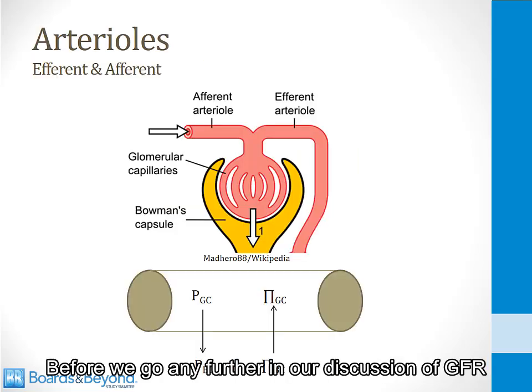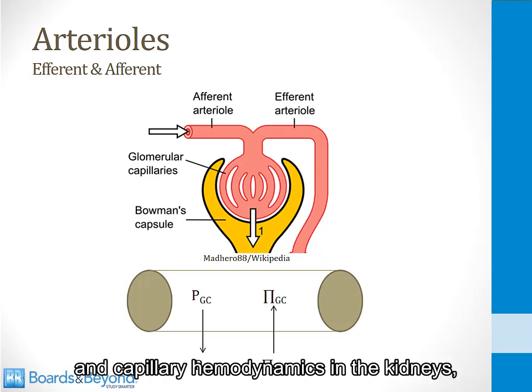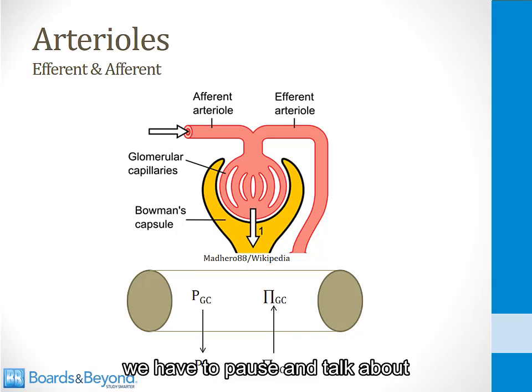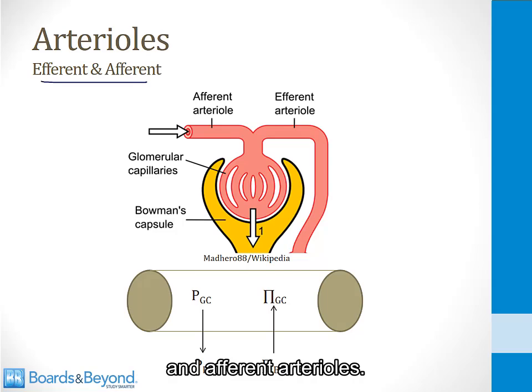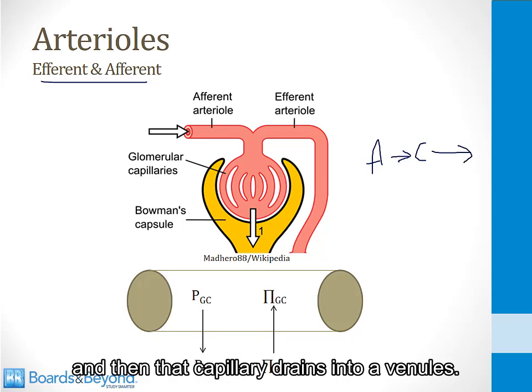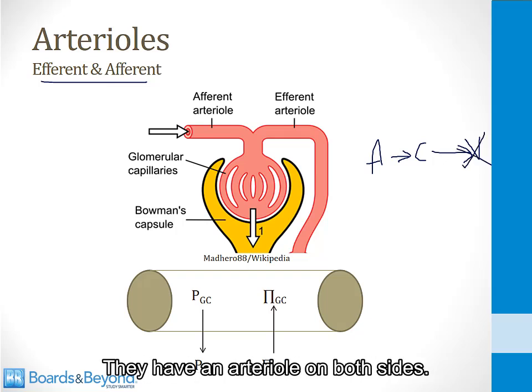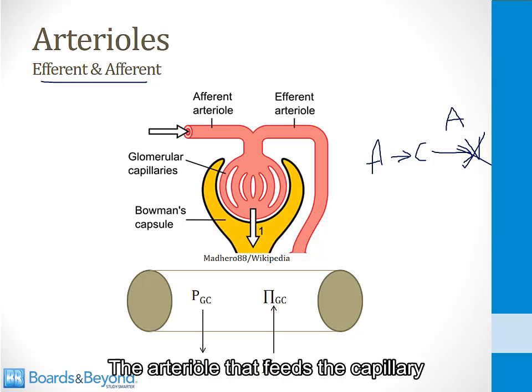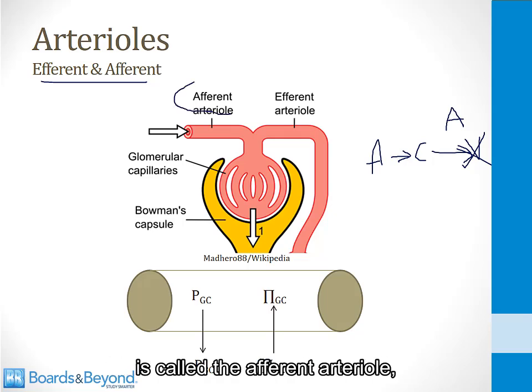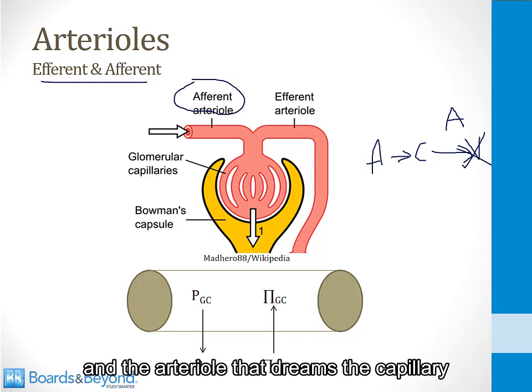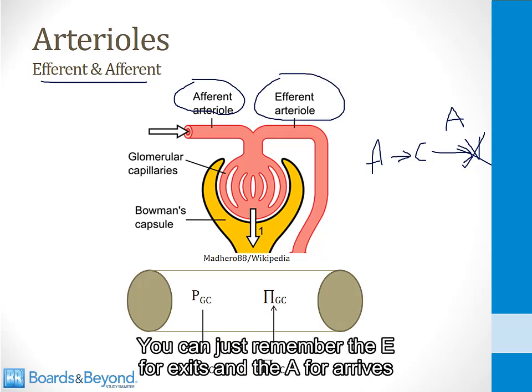Before we go any further in our discussion of GFR and capillary hemodynamics in the kidneys, we have to pause and talk about two very important structures in the kidneys, and those structures are the efferent and afferent arterioles. Normally, you have an arteriole that feeds blood into a capillary, for example, in the periphery, and then that capillary drains into a venule. The glomerular capillaries are different. They do not drain into venules. They have an arteriole on both sides. The arteriole that feeds the capillary is called the afferent arteriole, and the arteriole that drains the capillary is called the efferent arteriole. You can just remember the E for exits and the A for arrives in terms of the